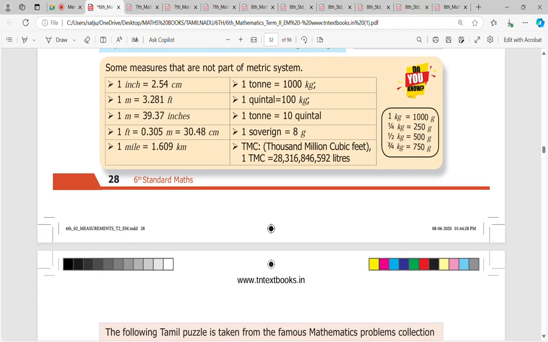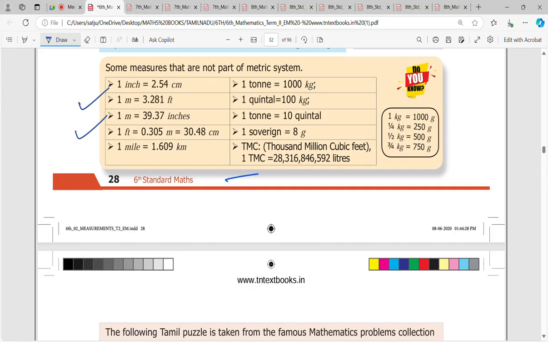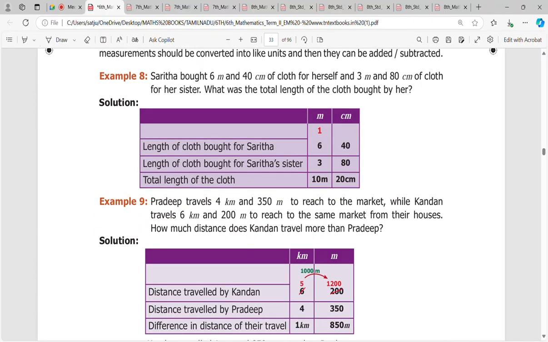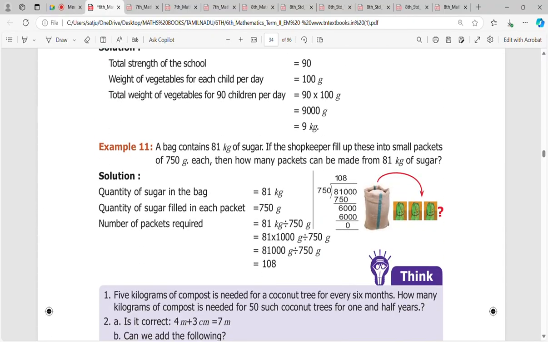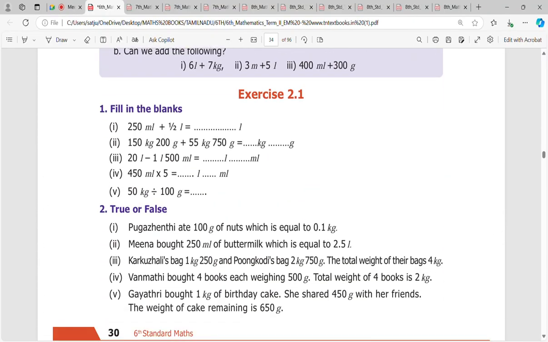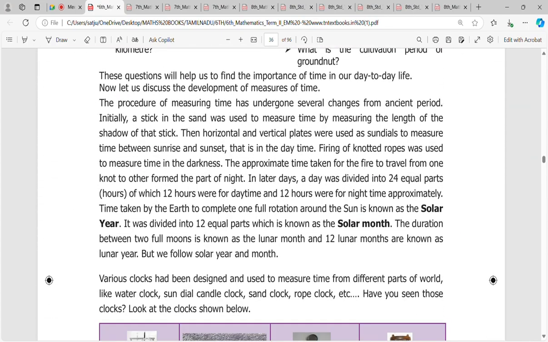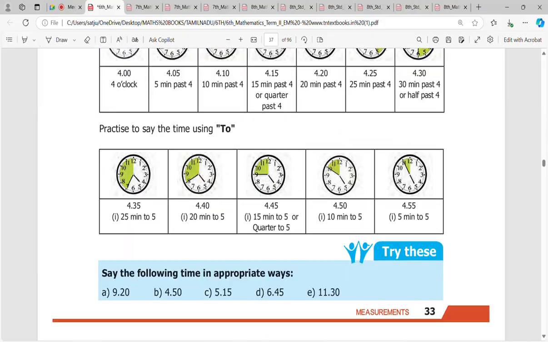2021, 2022. Some measurements also they are provided. Take this table also. Okay, 1 tonne means 1000 kg. So these are the things, measurement plays a vital role. Different units, these kind of questions you can take. Okay, so nothing else required from this book. So time and all not required. So we are completing the